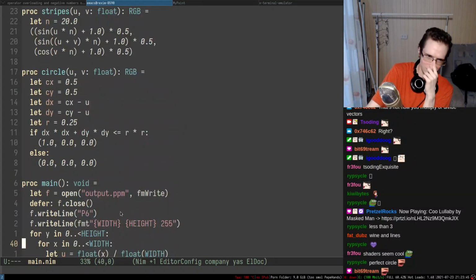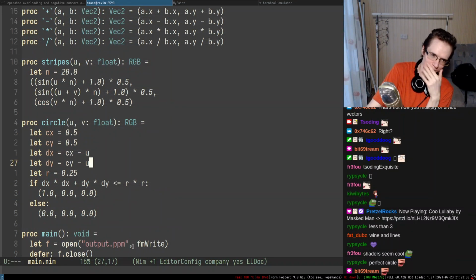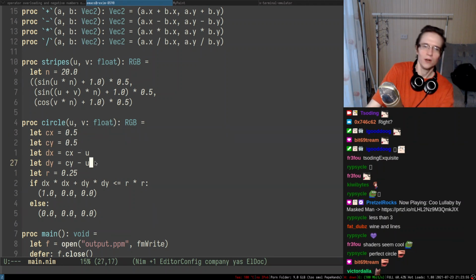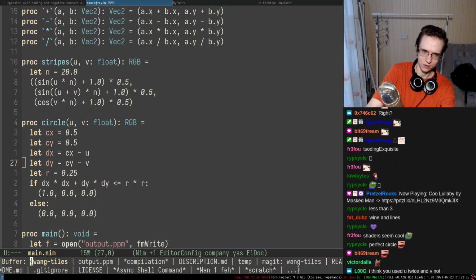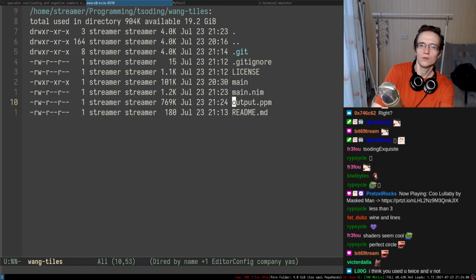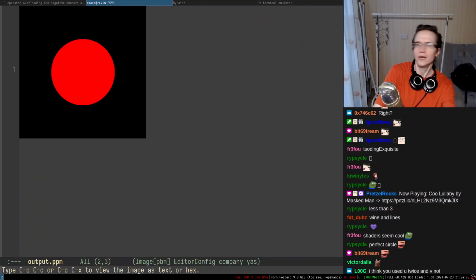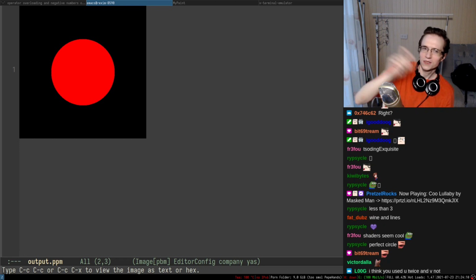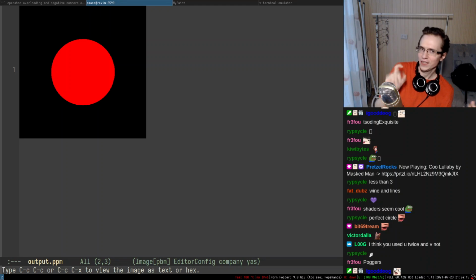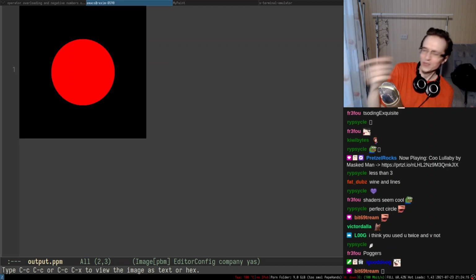Okay, so let's try to understand what is going on. So you have a center. And, oh, okay, I already found the bug. That's cool. Alrighty. And boom, there we go, we generate a circle. So that's how we can generate it easily. We're generating it pixel by pixel. For each individual pixel, we are checking, is it within the circle or is it not within the circle?